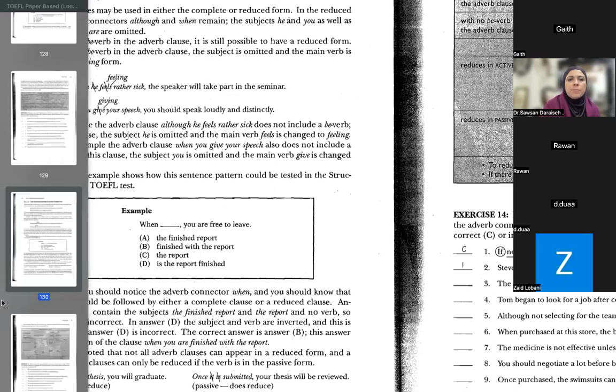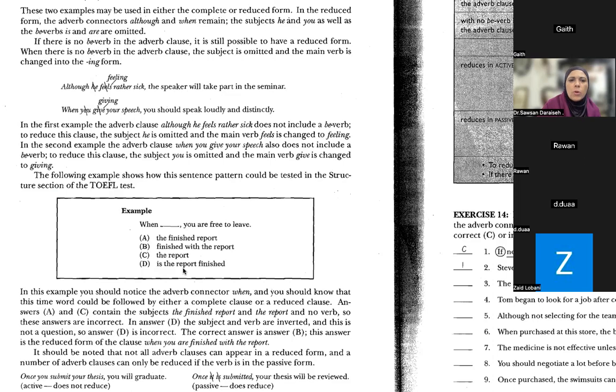Finished with the report. Correct. And when finished with the report, you are free to leave. Okay. When finished with the report, you are free to leave. Correct, because this is a reduced form. Because it could be something like what originally? Do you know what it could be originally? Can you think about what it might be? Like the original sentence? When you